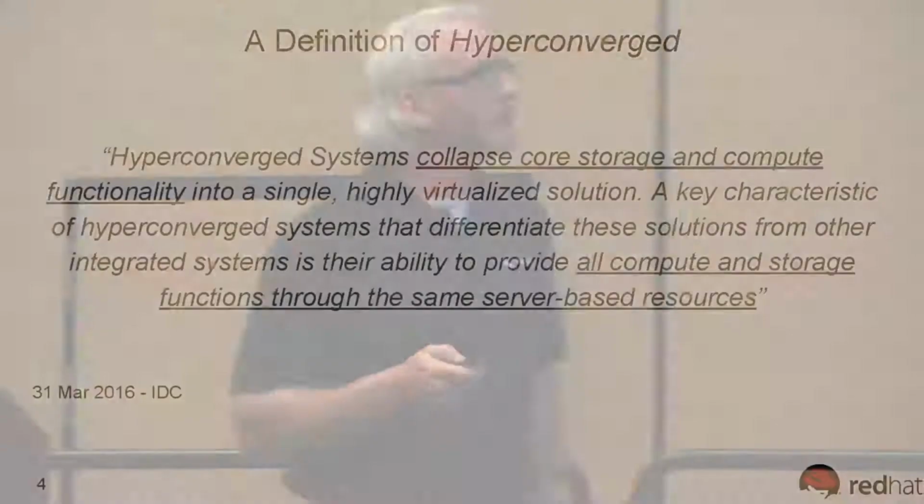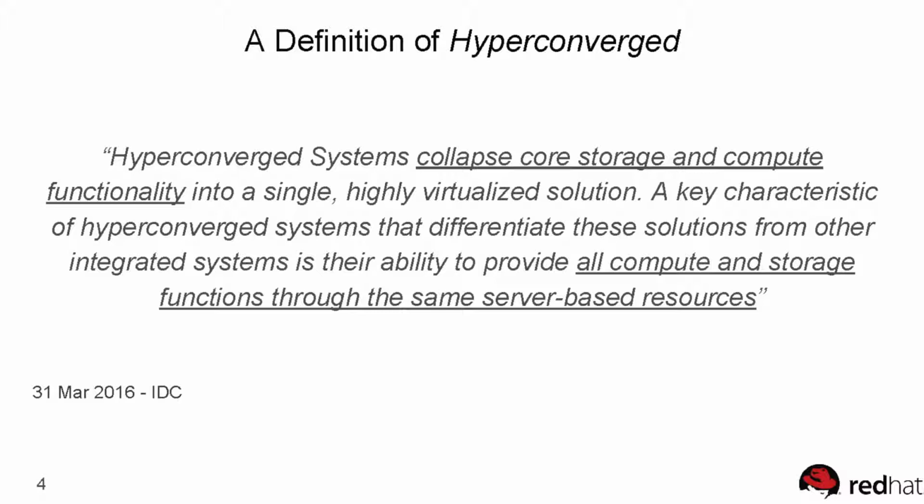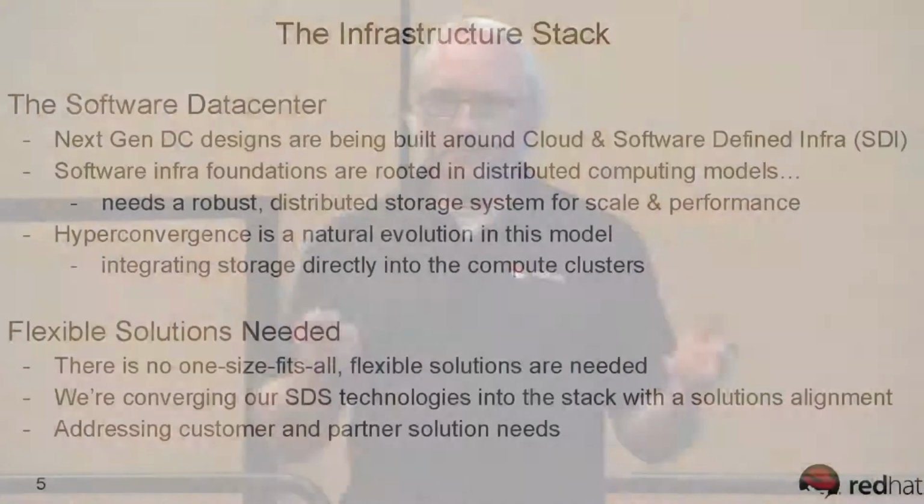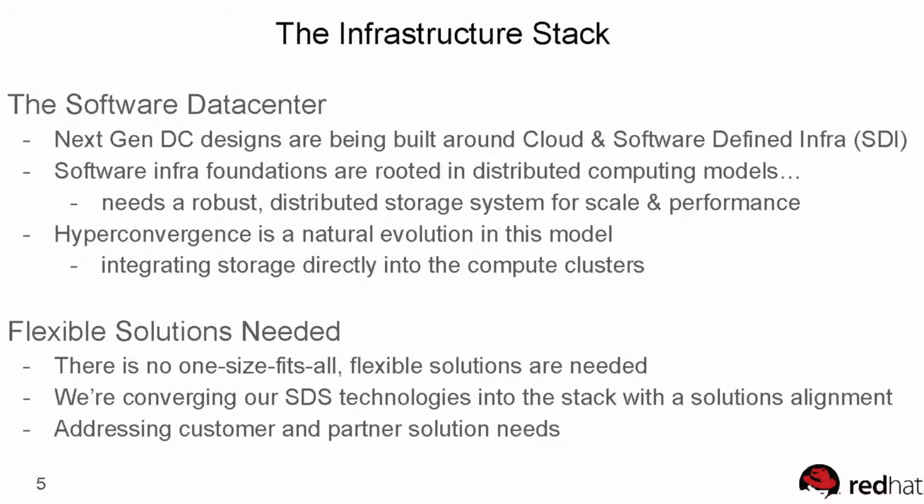Rev and Gluster solution. So let's start with a simple definition of hyperconverged, kind of a standard definition. The industry sort of broadly defines hyperconverged as collapsing storage and compute into a single unit or a single solution as a unit of deployment. And as you see here with this IDC example, and that's fine as far as it goes, but what we're finding in talking with customers is that there's a variety of problem spaces, use cases, a range of use cases that these customers are bringing to us that are driving us to develop sort of solution-aligned offerings in the hyperconverged